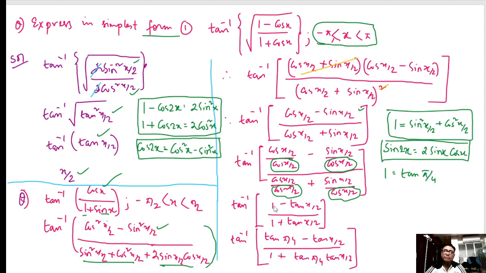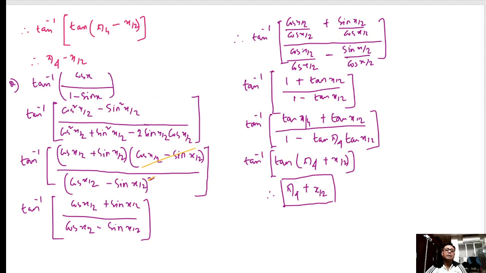So tan pi by 4 minus tan x by 2 by 1 plus 1 into tan x by 2, that 1 being tan pi by 4. After simplification it is tan of pi by 4 minus x by 2, because